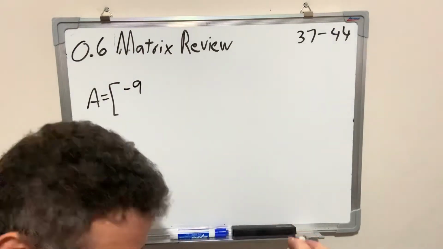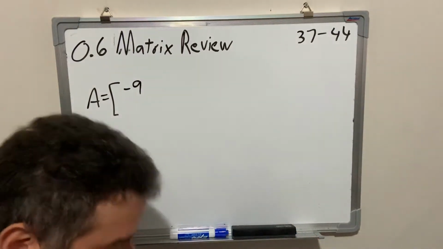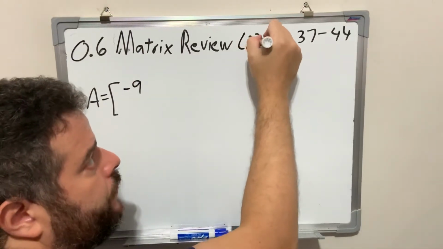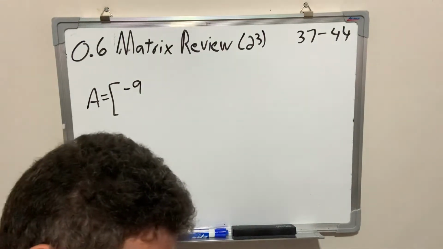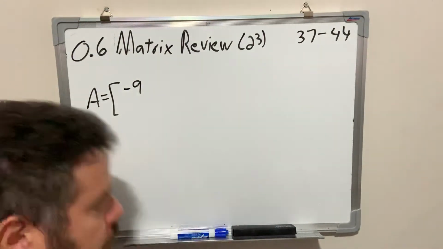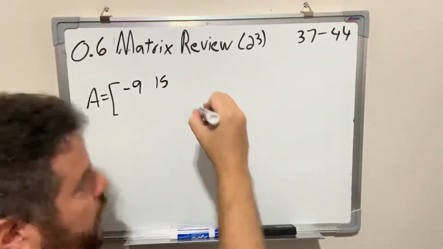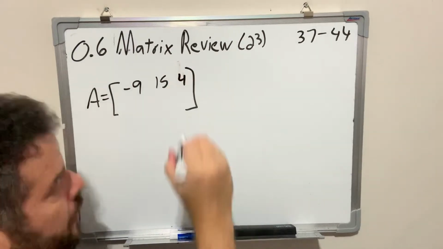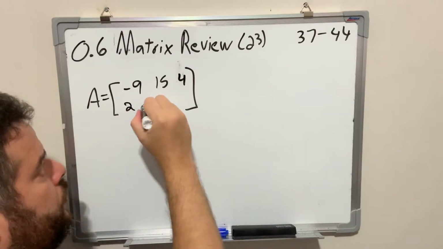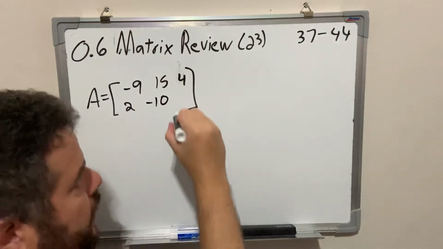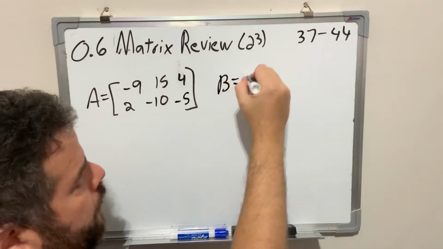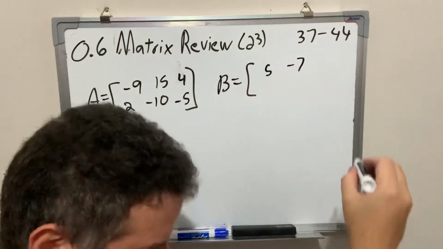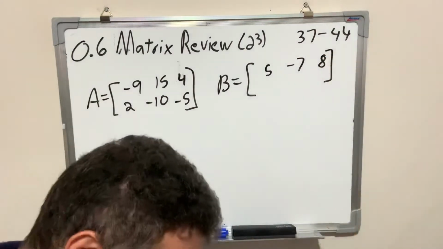Negative. And this is example 5 in the book, by the way, page 25. And chapter 0.6 is page 23. Right now, to finish, I'll be doing example 5, which is solving a matrix operation. Negative 9, 15, 4. Let's just break that up to make sure you can see it's a couple of elements. 2, negative 10, negative 5, and I'm told that b is equal to 5 minus 7, 8, and